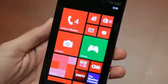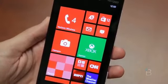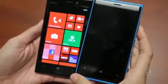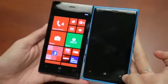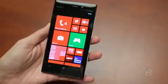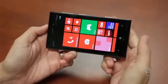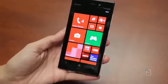So let's check out a couple of different things happening on the phone here. One of the things that a lot of people haven't quite noticed is on the 920, the screen starts at about right here. And the bezel on the top is actually a little bit shorter than the bezel at the bottom. Actually, it's quite a bit shorter. I want to say it's about half the size of the bezel. On the 928, Nokia has actually fixed that. So now, instead of having to kind of reach a little farther with your right thumb, you don't have to do that. The screen is pretty well centered, which is kind of a nice thing if you enjoy typing in